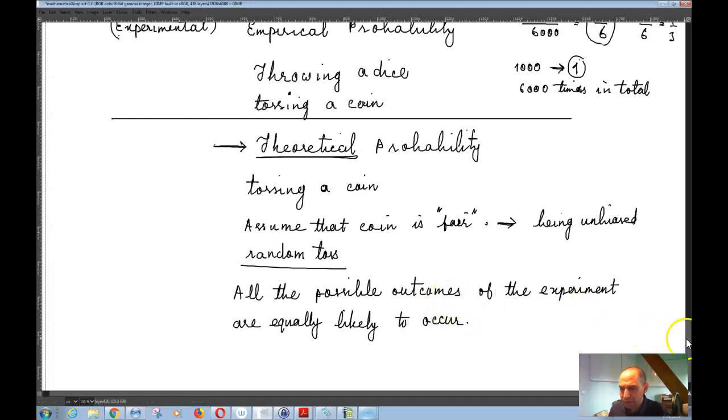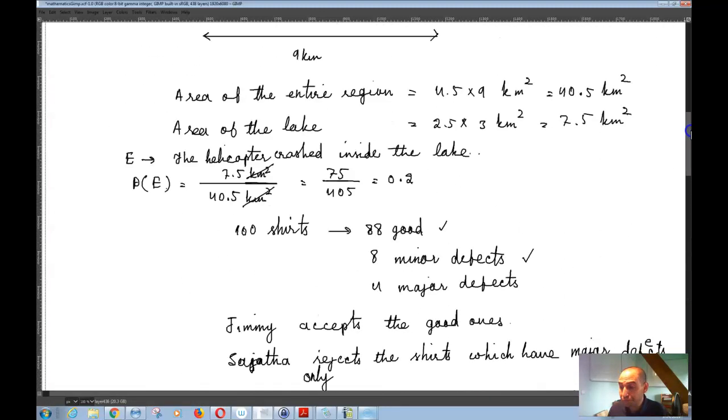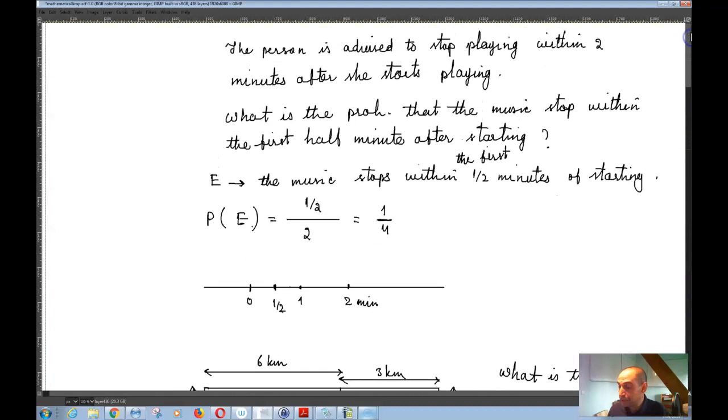And what that means is that, as an example,